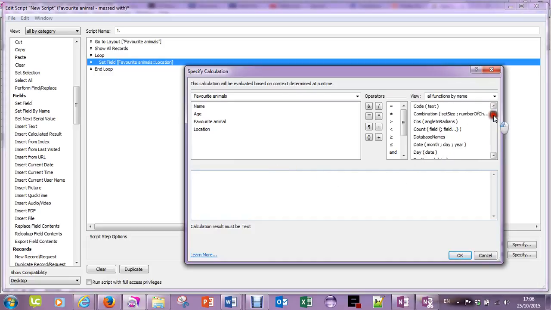What I'll need to do is go down this list here. These are all predefined functions that I can use in FileMaker Pro, and I'm looking for the if statement. So I'm going to double click on there, and you'll notice there are 3 parts to the if statement. There's the test criteria. So in here, I'm going to ask whether their favourite animal